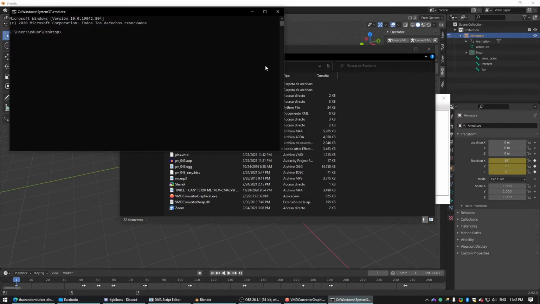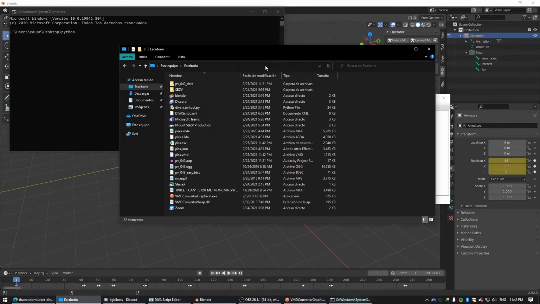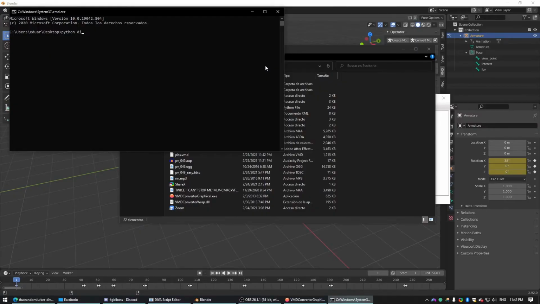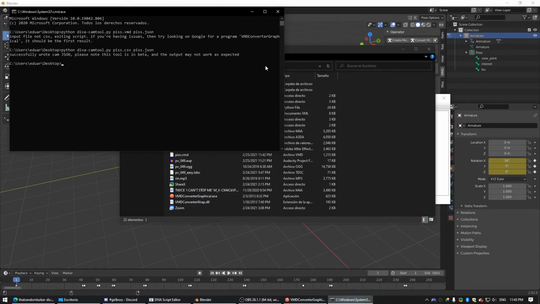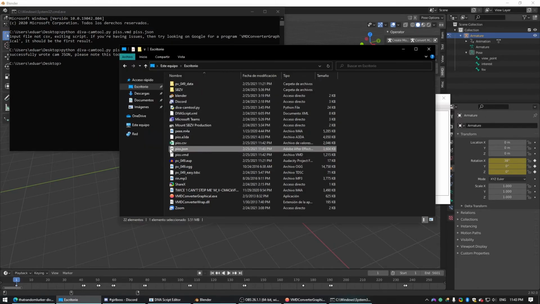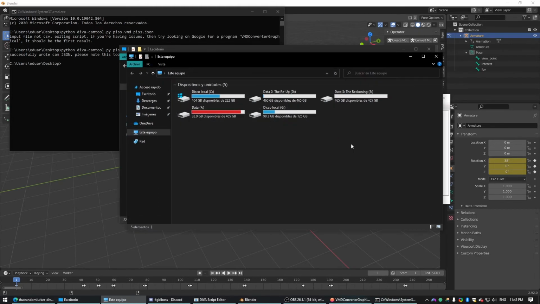From there, you're going to open a command prompt, and you're going to do Python DIVA cam tool, and then you're going to do the in file, which is the name of the VMD that you exported, and the name that you want to export. Sorry, no, it's going to be the comma separated value file that was created by VMDConverterGraphical. So now you should see a new JSON file, which can be used by PD tool